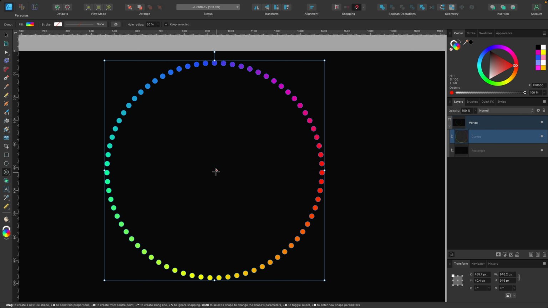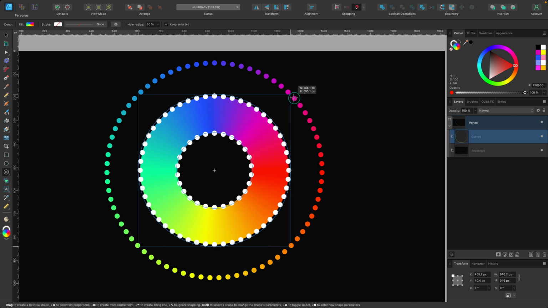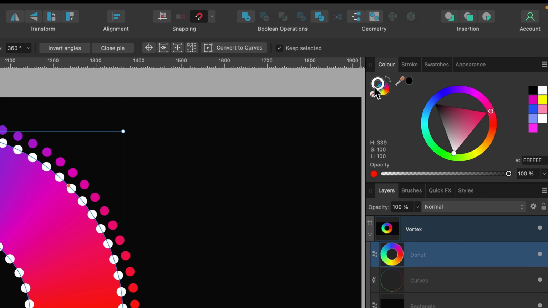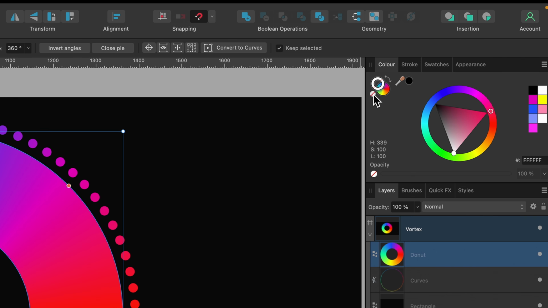Okay, so now I'm going to go into the middle. You can see snapping is on, so it's kind of helping me, just this up here. So I'll just go to the middle there, click, and I'll hold Shift Command, drag out. I want to get rid of the stroke that's on this shape here. So up to the color tab, get on stroke, no stroke, and we'll keep this color as well.